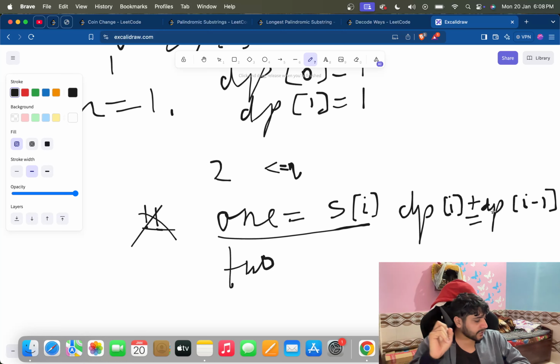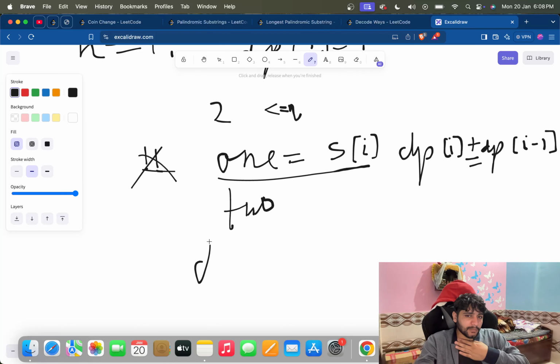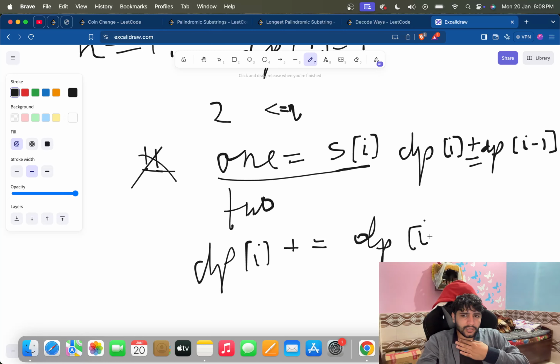ठीक है, और ऐड क्यों करते हैं कि भाई dp[i-1] अगर पहुंच गए हैं तो उसी वे में इसको हमने जोड़ दिया. ठीक है, लेकिन अगर टू डिजिट नंबर है और वो 1 से 26 के बीच में है, तो हम ये करेंगे भाई dp[i] प्लस इज इक्वल टू हो जाएगा dp[i-2] के। और i-2 क्यों? क्योंकि i-1 को तो हम कंसिडर ही नहीं कर रहे हैं ना, तो हम पहले dp[i-